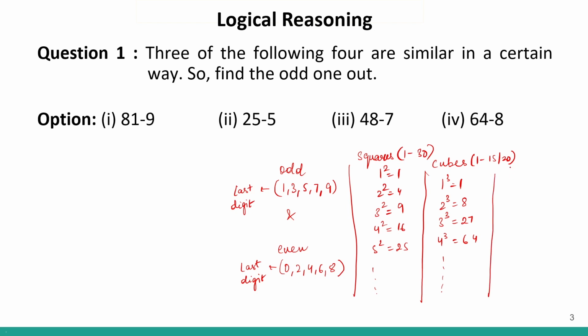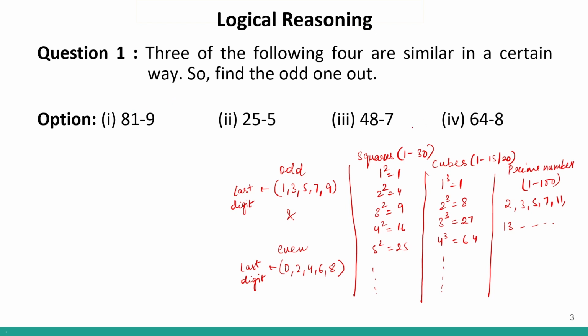Then you should remember what are the prime numbers. Prime numbers, basically at least 1 to 100. So what are the prime numbers? 2, 3, 5, 7, 11, 13, and so on. So these are your prime numbers. So this much information you should know, you should memorize. Okay. Now let us look at this question.